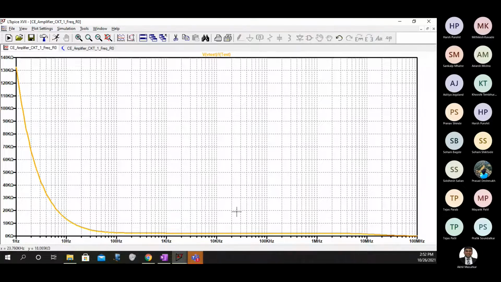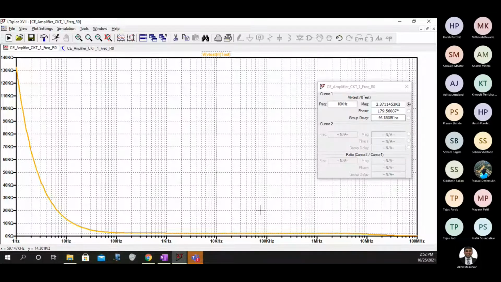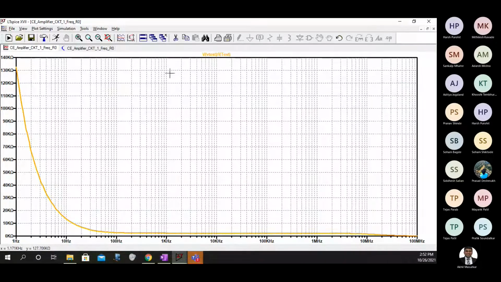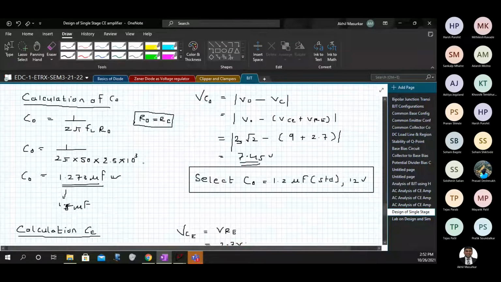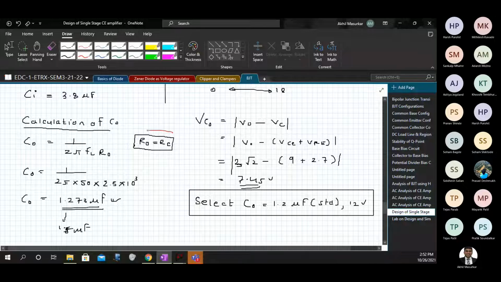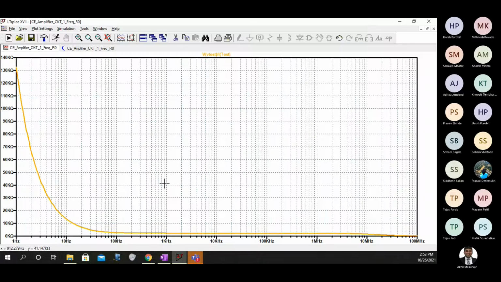Okay. And if you want, this is already in kilo ohms. If you want to measure this, you can, obviously. So in the central range, you can see the magnitude is 2.37 kilo ohms. And if we see our problem during C0, R0 was almost equal to RC, so that is 2.3 kilo ohms. So 2.5 is almost very close to 2.3. So we get our R0 and